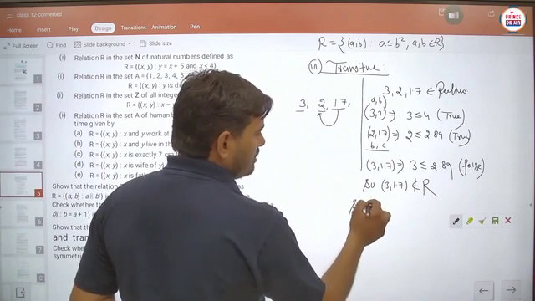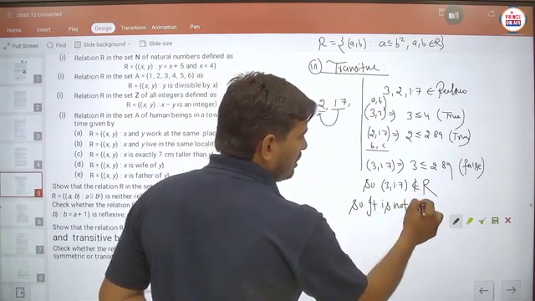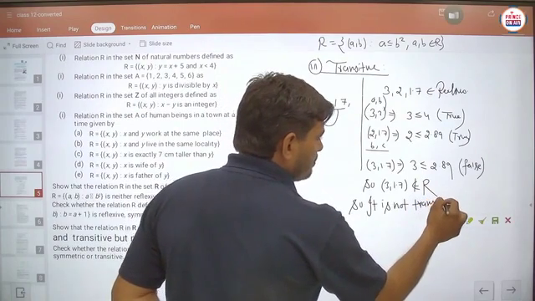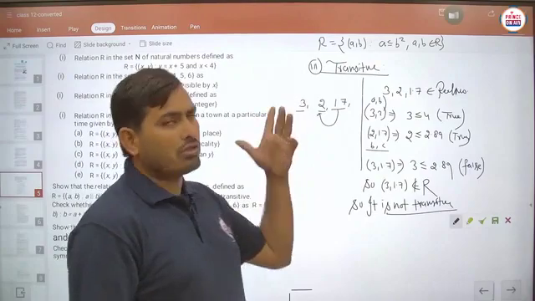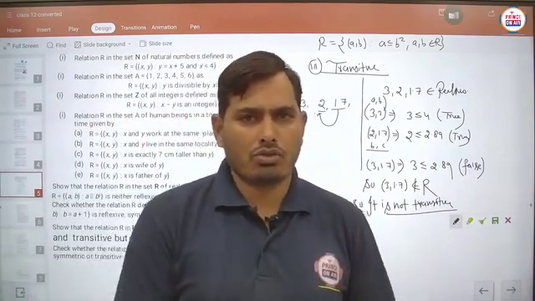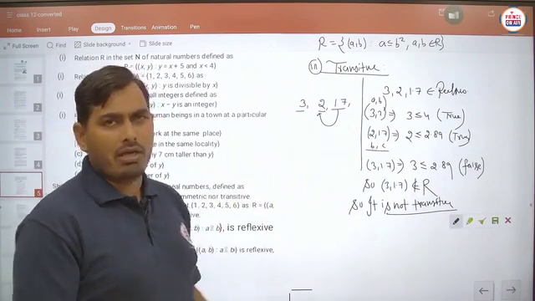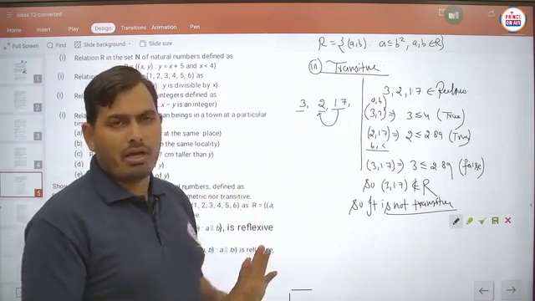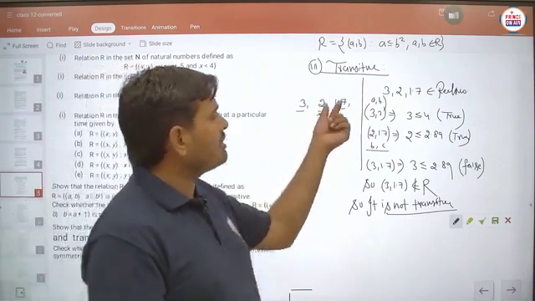So it is not transitive. So basically student, in this particular type of question, how we will assume these three numbers is the very important part. So again I am repeating this thing. You can take any number here, just a smaller number you can take. Now the third number we will take in such a way that the square of that number